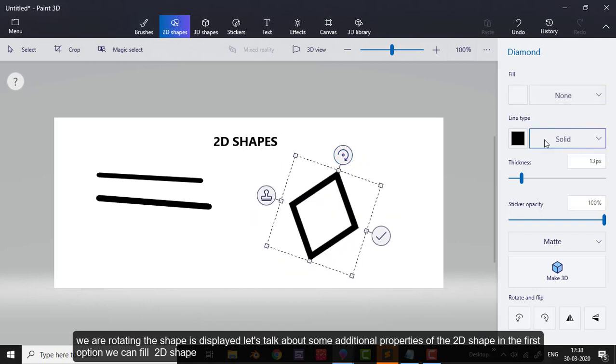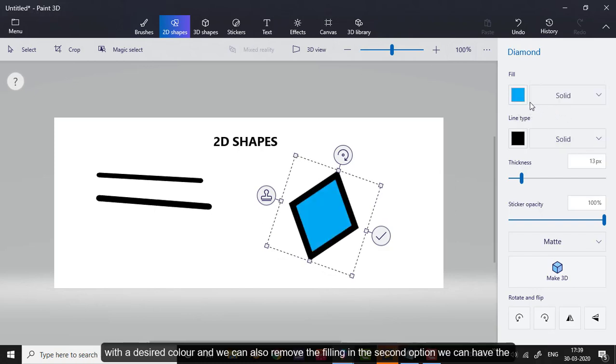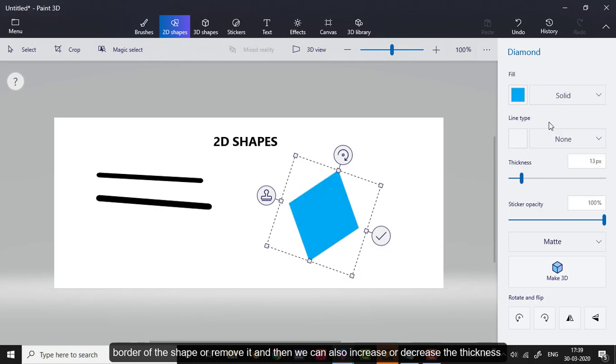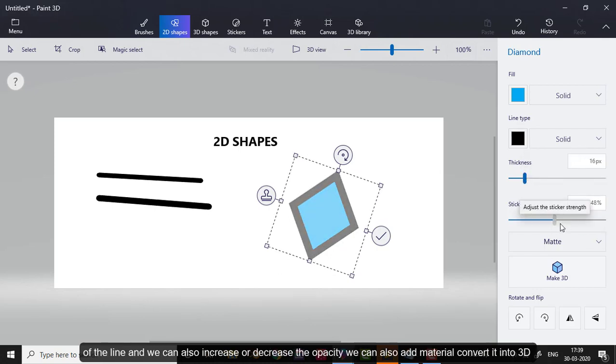Let's talk about some additional properties of the 2D shape. In the first option, we can fill the 2D shape with our desired color. And we can also remove the filling. In the second option, we can have the border or we can remove the border. And then we can also increase or decrease the thickness of the line, and we can also increase or decrease the opacity.